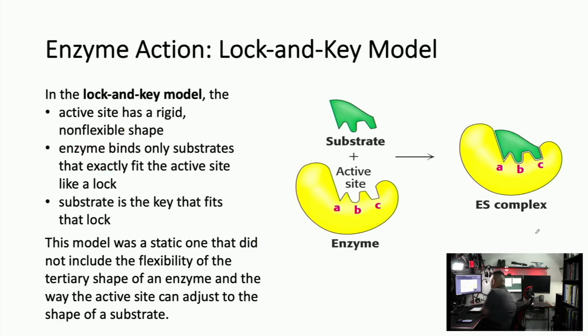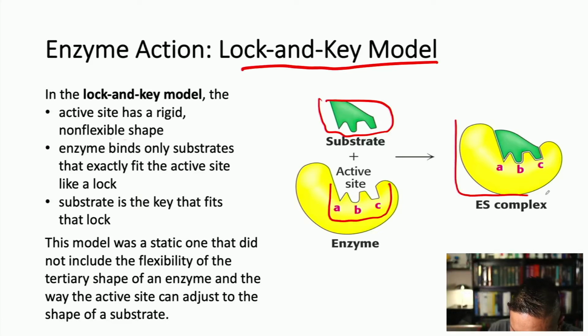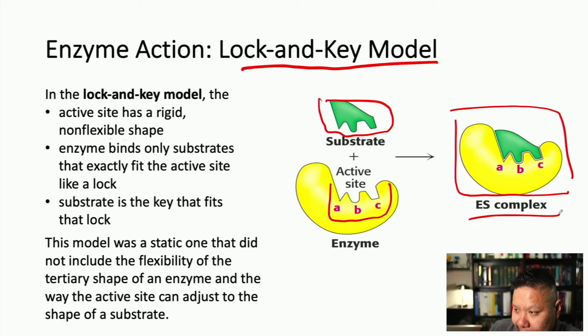There are a couple of different enzyme action models. A very old model is known as the lock and key model, and it is exactly what it sounds like. The substrate has a certain shape, and the enzyme's active site has a shape that's the exact opposite of that shape, and it fits in perfectly like a key and lock, forming the enzyme substrate complex. A, B, and C there represent different pockets of different amino acids, side chains or R groups that will bind to their counterparts over in the substrate.